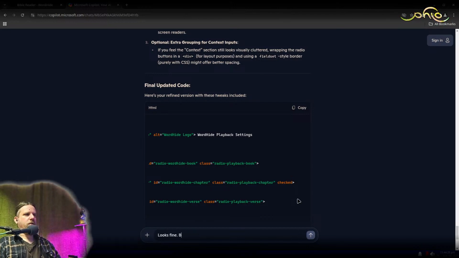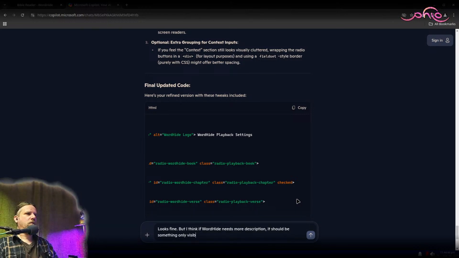Looks fine, but I think if word hide needs more description, it should be something only visible for screen readers. It's too wordy otherwise.